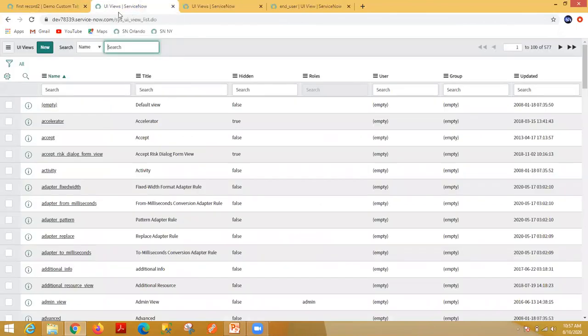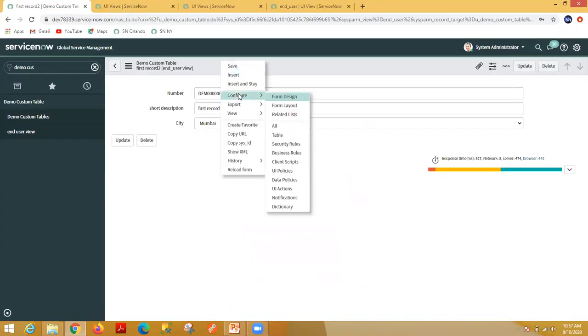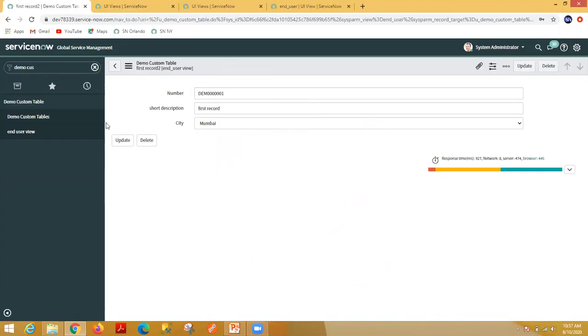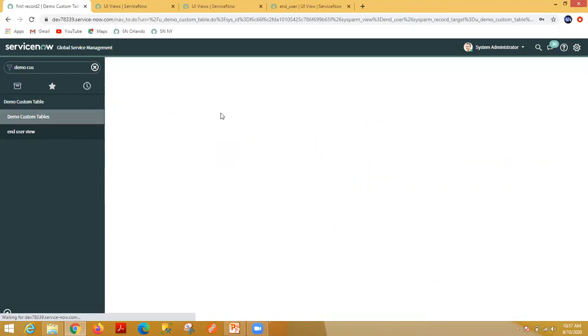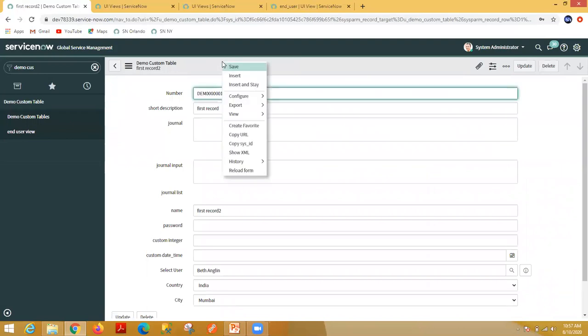The other way is, I think, if you open this form in design mode, open this record, and you have to configure form design.